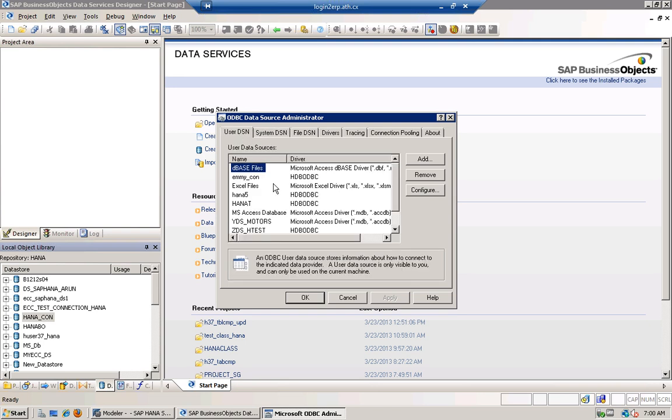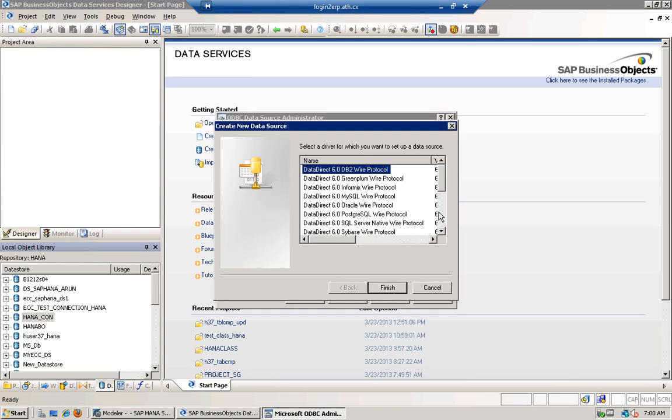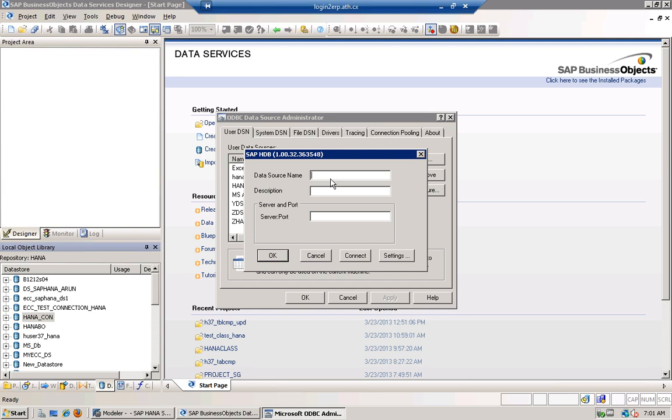You'd find it there, or you could add a new connection with the HTTP ODBC. Once you click on finish, the system will ask you the data source name that you want to define, something like, let's say,